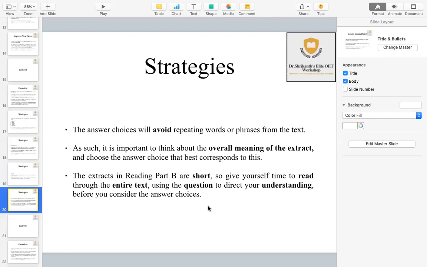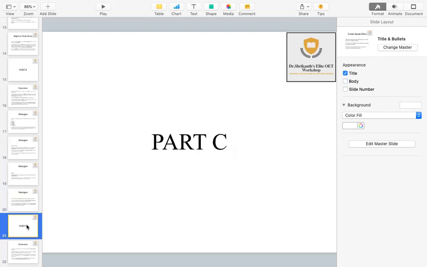All right, so that is what you have to do over here. So give yourself enough time. Don't just scan your time over here. Spend your time scanning. All right, so once this is done, then we'll be moving to the very last section